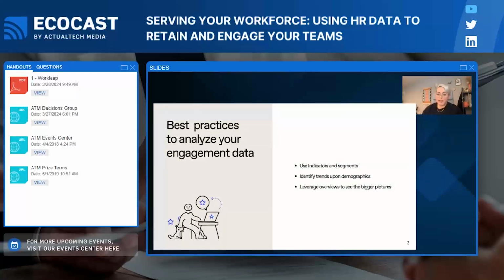So when we're looking at our HR data, what are some important things and best practices when we're analyzing engagement data? We want to use indicators and segments, things like team structures, hierarchies, trying to pinpoint those individual places where we can see these sentiments and points of engagement. We want to identify trends upon demographics and